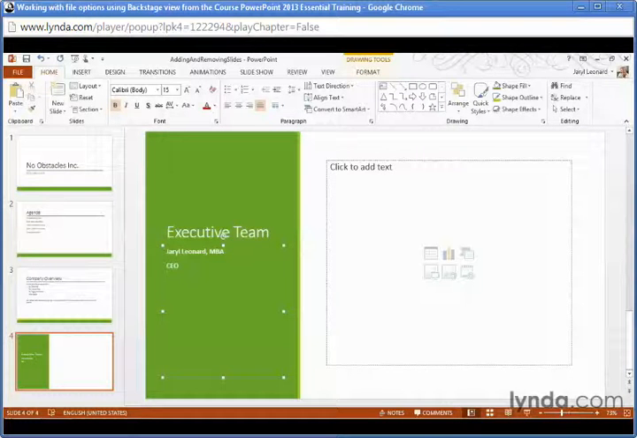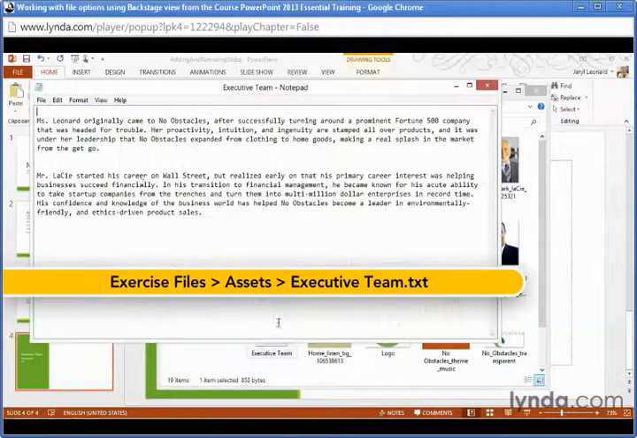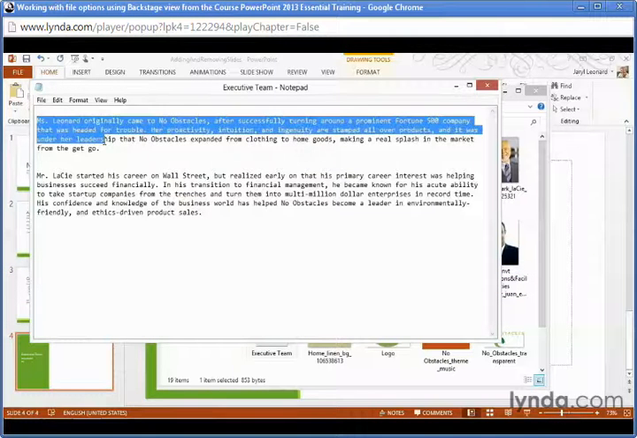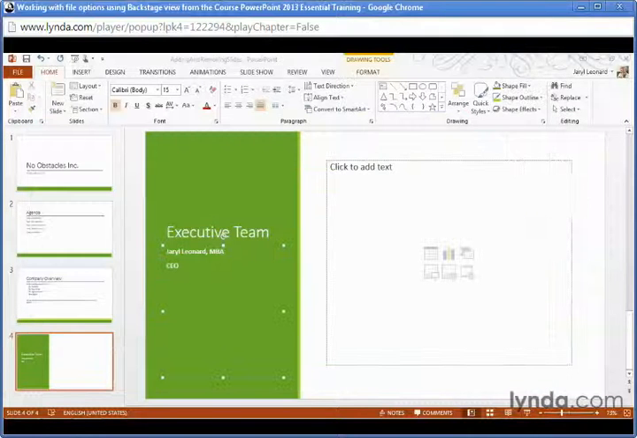Now it's time to start inputting some data about Gerald, and I actually have that already done, so I'm going to copy and paste it right into PowerPoint. It's in my Assets folder in a text document called Executive Team. I'm going to open that up, find the paragraph with Gerald's history, click and drag to select it all, choose Edit, Copy, come back to my presentation, and I've got the cursor all set up where I want the text